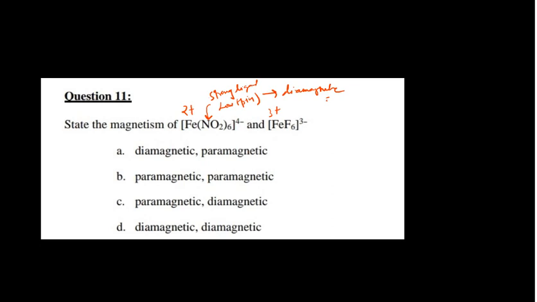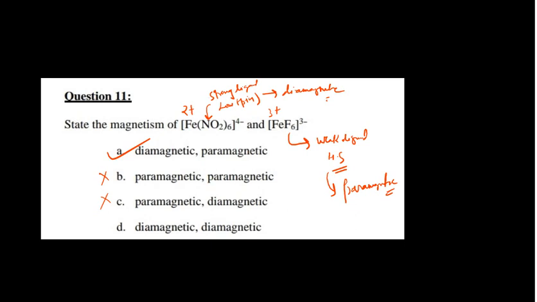Okay, so you can check the options. This cannot be the correct answer B. This cannot be the correct answer C. You can opt from A and D. Now moving to this one, this fluoride is a weak ligand, okay, and when this is a weak ligand, it's a high spin complex, and high spin complexes actually have unpaired electrons, so they are paramagnetic in nature. So the second complex is paramagnetic. So you can see option A is looking like the correct answer in that case. So you can mark option A as the correct option.